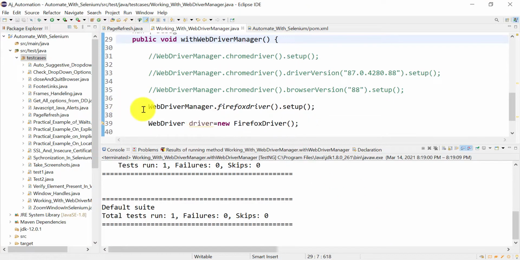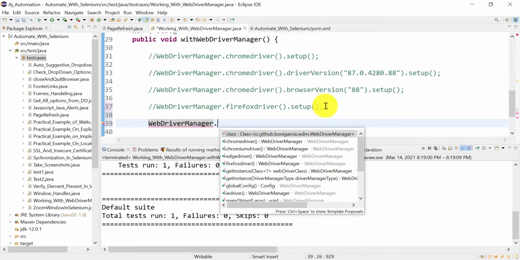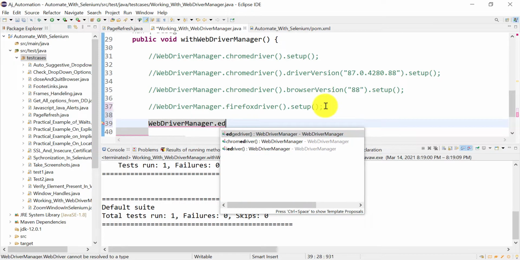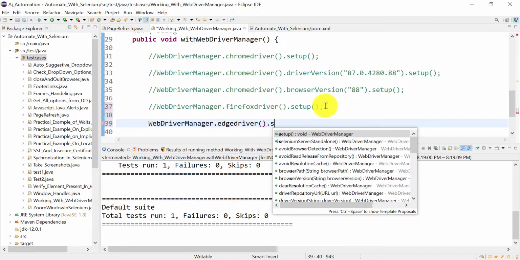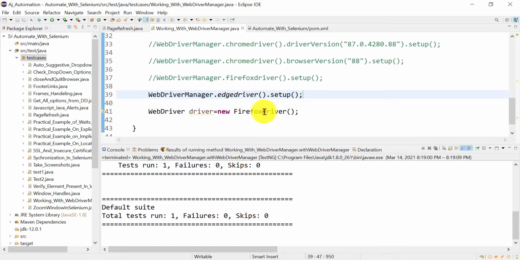So similarly, you can use it to download different drivers. If you want to run your Selenium script on Chrome, or on Firefox, or on any other, let's say I want to run on Edge. So Edge driver dot setup. Okay, and here also you need to provide the Edge driver.